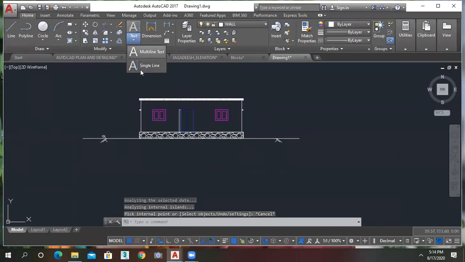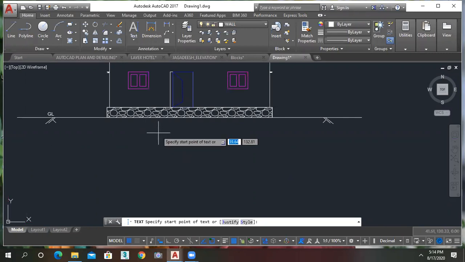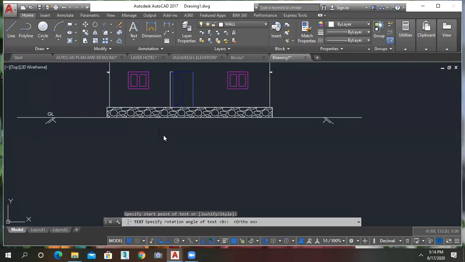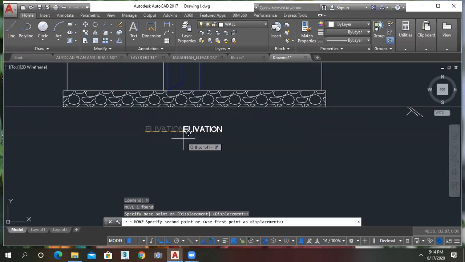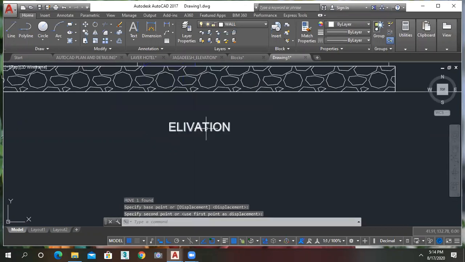So go to the text, single line, say straight, and then give the naming. Elevation. Okay. You can move it in a proper way and you can apply the particular layer.